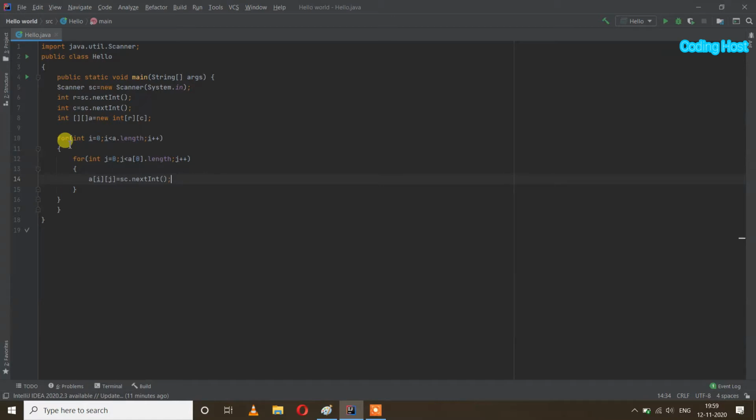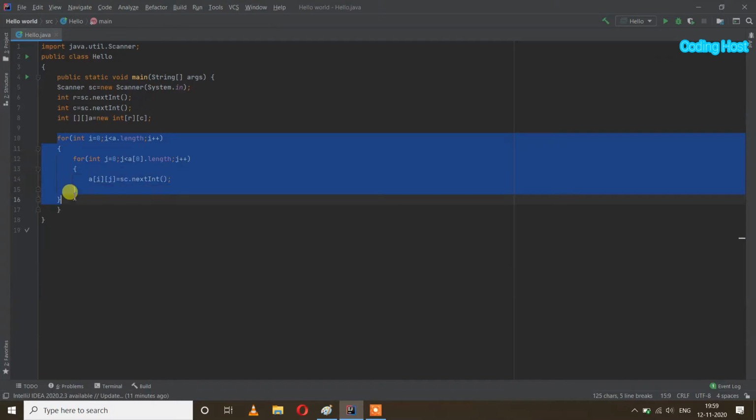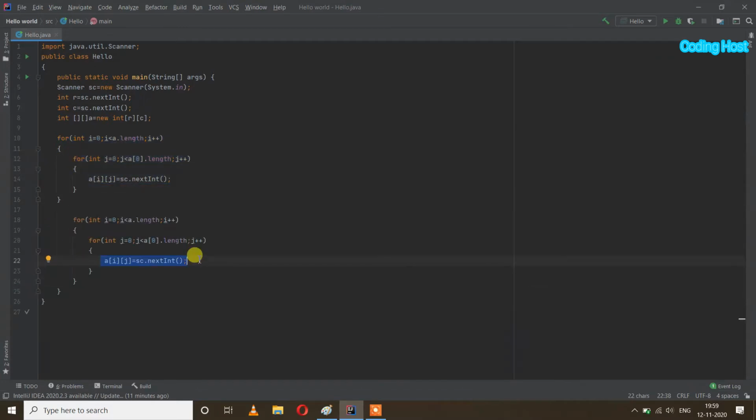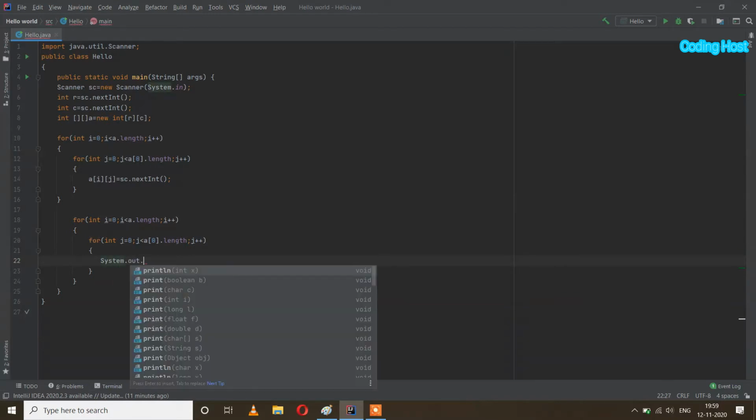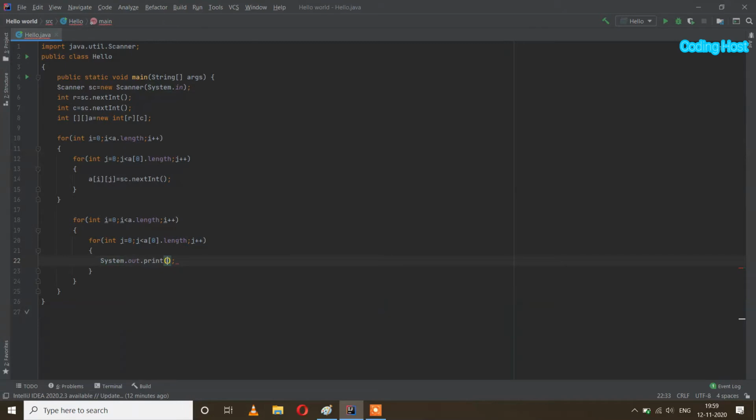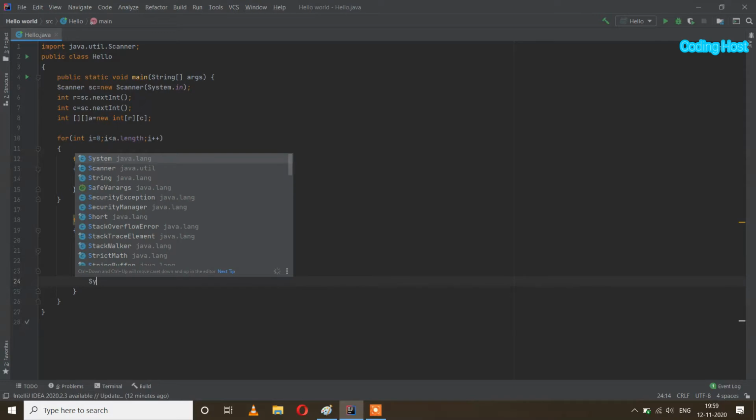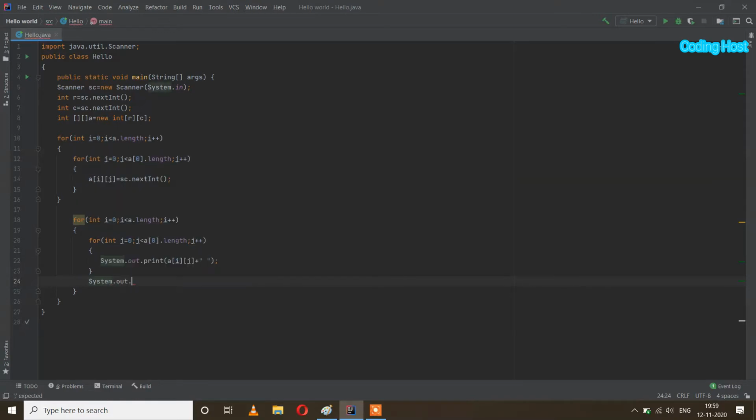And after that we also have to print the elements of this array. So we will use the same for loops to print the elements. I will write the same here, but here I will replace this line with System.out.print, and in this I will write a[i][j] plus some space, and after that in the first loop I will write System.out.println.